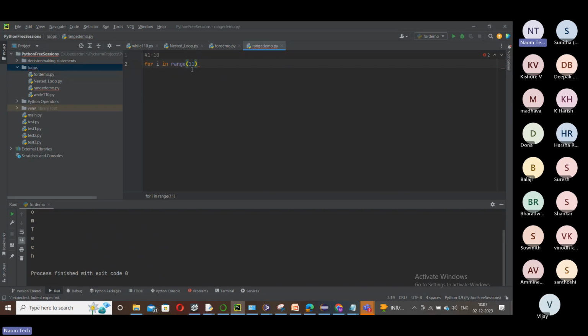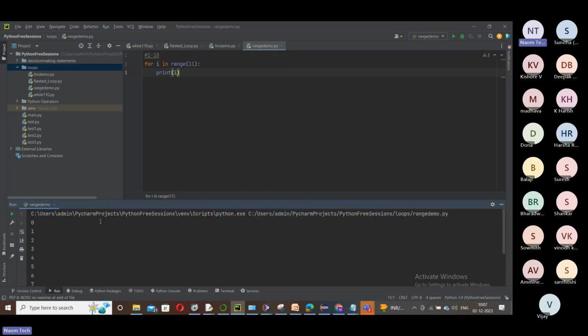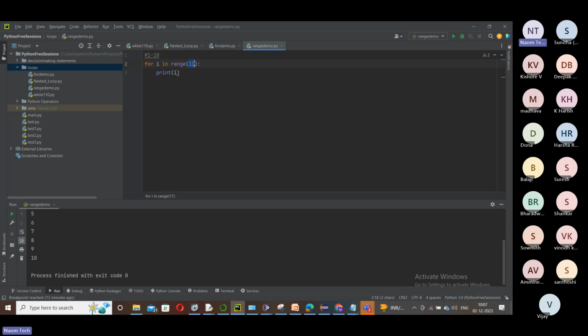So this is simple type 1. Put a colon and then print i. Run this, right click and run. Did you see the output now? You have output till 10. I gave 11, and it ended with 10, because if it is n here, your value ends with n minus 1.